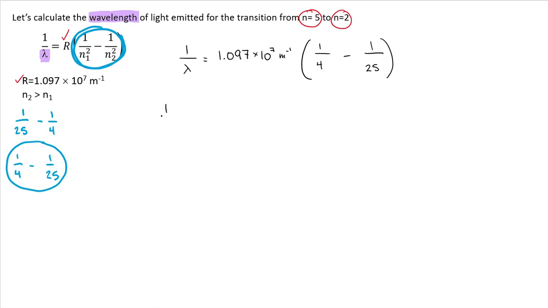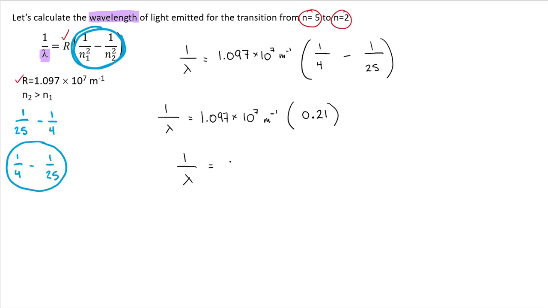Going through and solving the math, 1 over the wavelength is equal to 1.097 times 10 to the 7th meters to the minus 1. 1/4 is 0.25 minus 1/25 gives you 0.21. Do that multiplication. 1.097 times 10 to the 7th times 0.21 gives you that 1 over the wavelength is